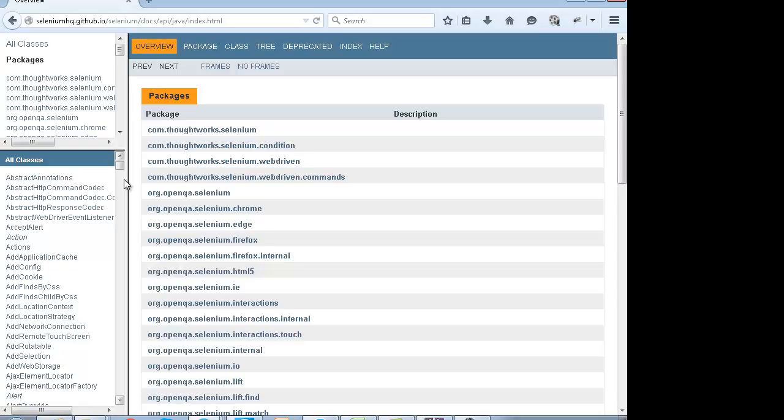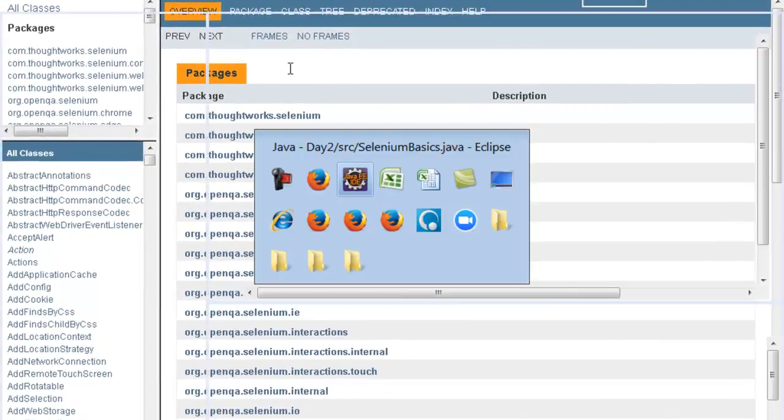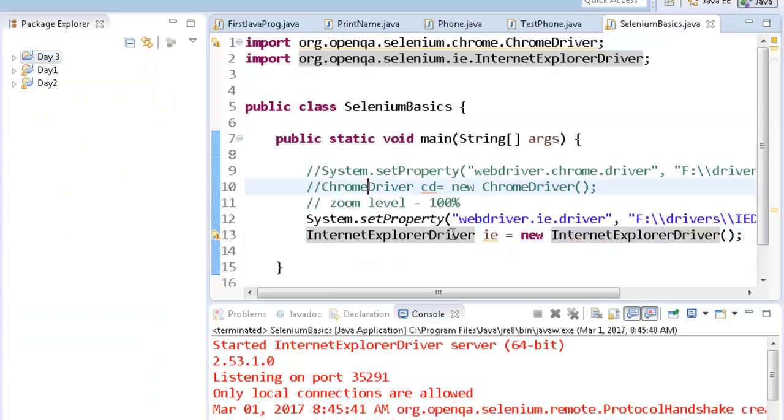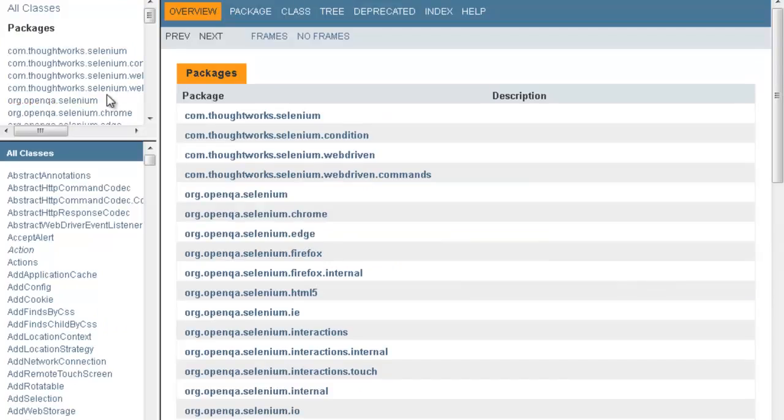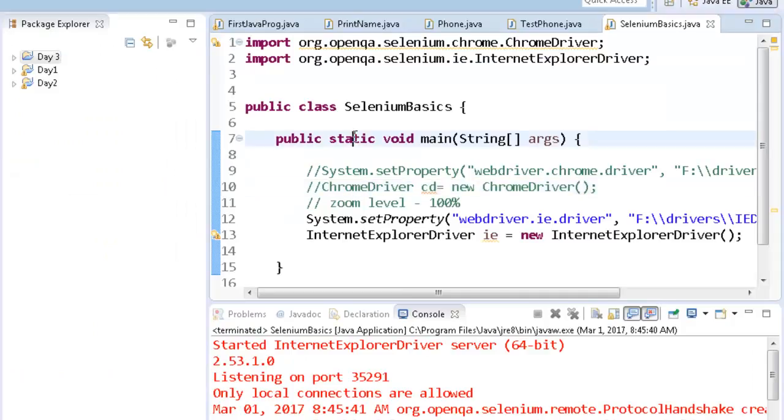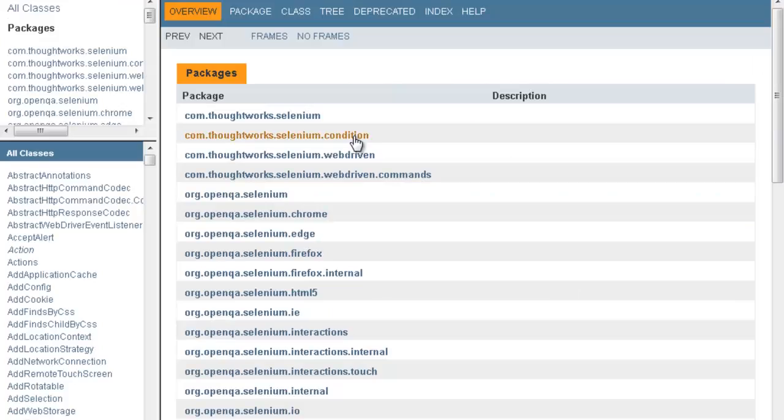As I was telling you, you will have to refer to it all the time, and you will have to switch between Eclipse and this Java doc window every time. You look over here, then go to Eclipse, then go to this page, then move back to Eclipse. So it gives a lot of problems. You can also import this documentation inside Eclipse.